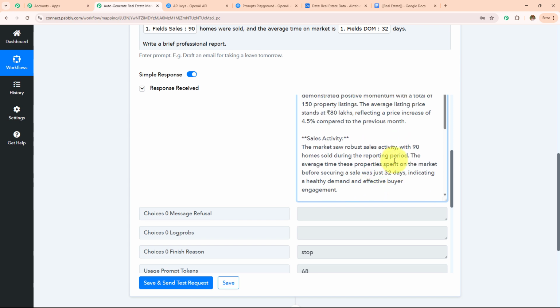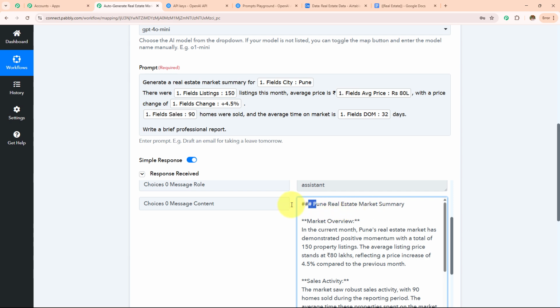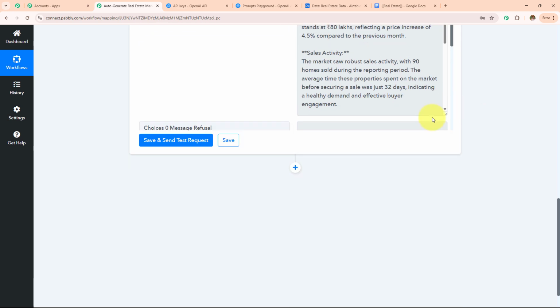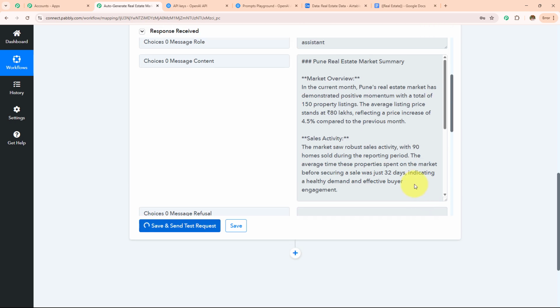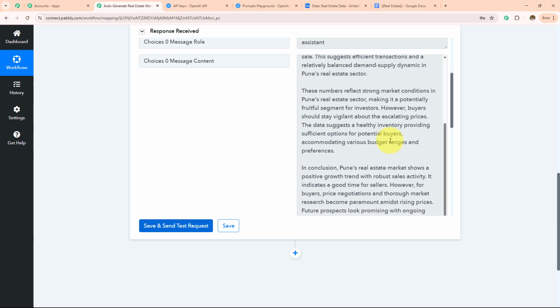So here I have received this and I want to add that to my Google Doc. But over here you can see that I have received these signs and symbols. So I'm going to remove this model and enter another model. I'm going to keep the prompt same and I'm going to fetch the response because I want to remove the signs and symbols. Let's wait for the response. So here I have received the response without those signs and symbols.